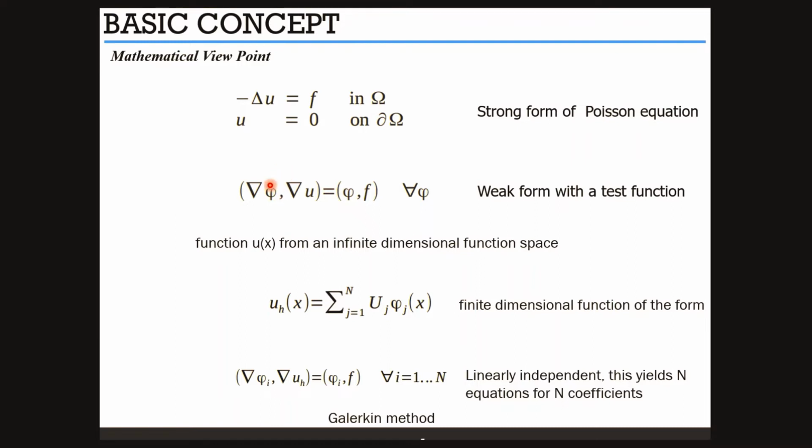We should multiply the test function on the left side to avoid difficulties. If we just multiply the test function on the right side, then some type of inverse transpose of a matrix would emerge, and it will be difficult to calculate. However, this weak form with the test function can give us the desired value,